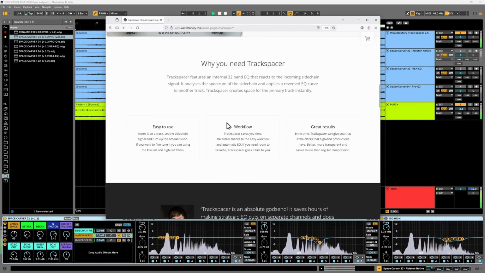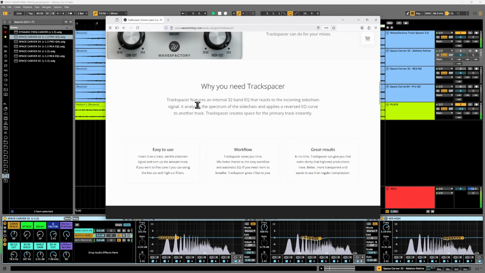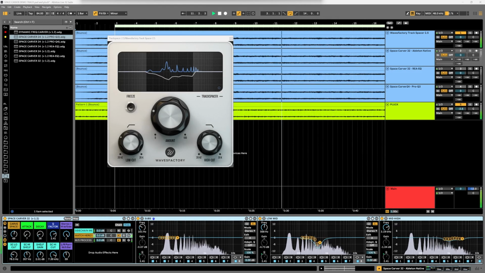A little bit further down here, Trackspacer features an internal 32-band EQ that reacts to the incoming sidechain signal. It analyzes the spectrum of the sidechain and applies a reversed EQ curve to another track. Trackspacer creates space for the primary track instantly. Okay, so that is the territory or the place in the toolkit that Trackspacer has, and it's a very useful,